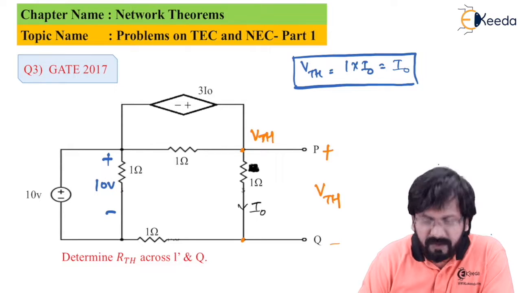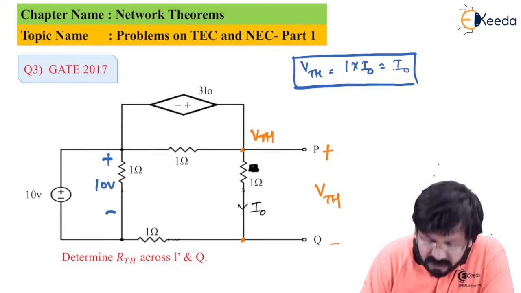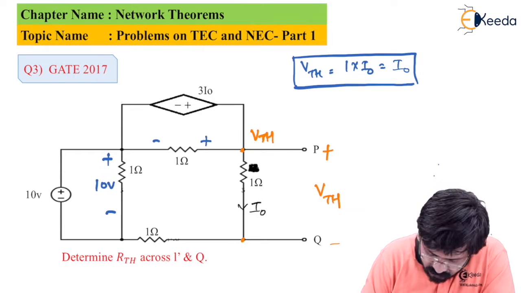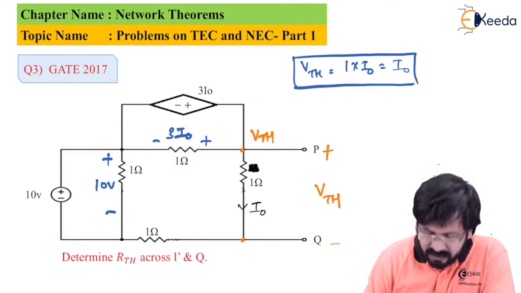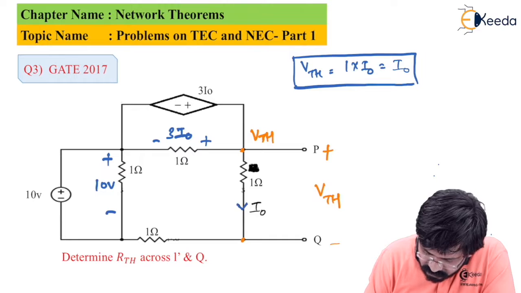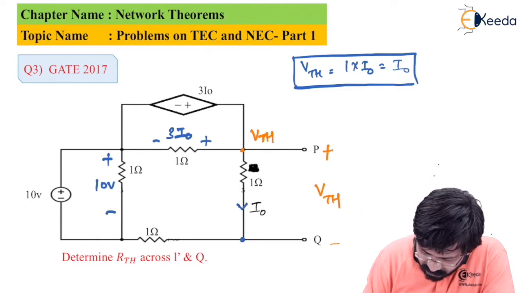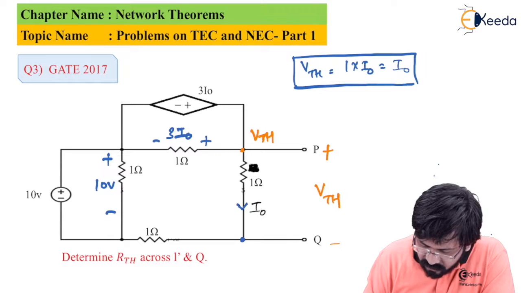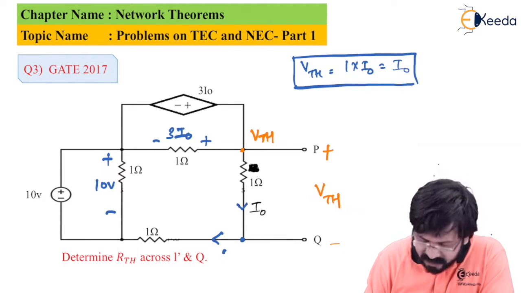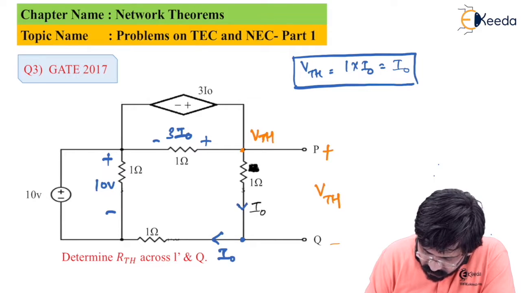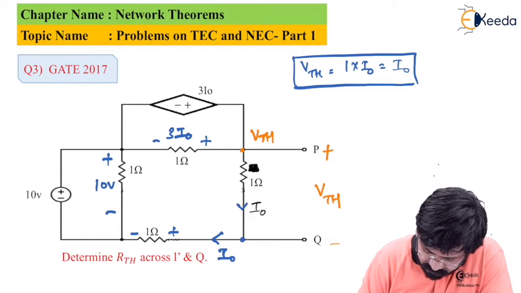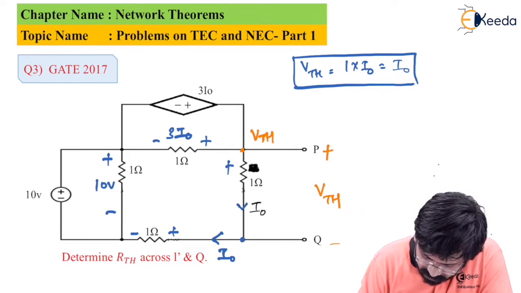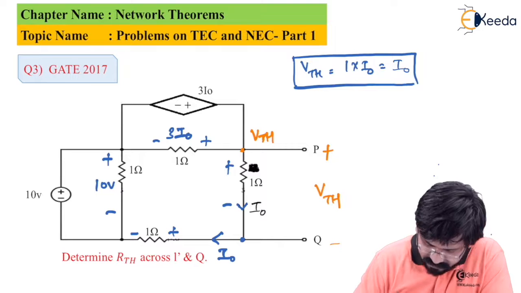If you see the dependent source having magnitude as 3 I0, across which one more resistor element is connected, therefore the same voltage can be copied here with magnitude 3 I0. Secondly, the current which is flowing through this terminal is I0. At this node, no current will go towards the Q side because it is open circuited. So the whole current will take a turn towards this, with polarity across this 1 ohm as plus and minus because of I0. The polarity at the load side will again be plus and minus.